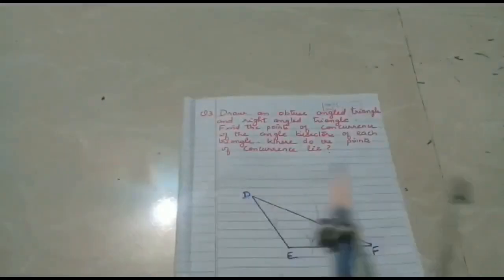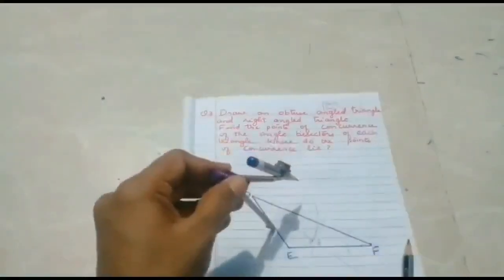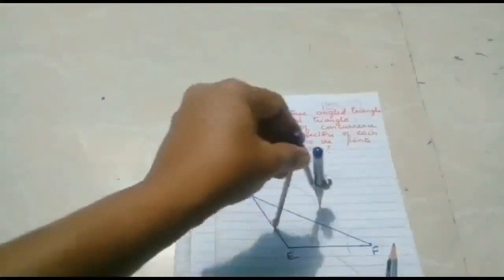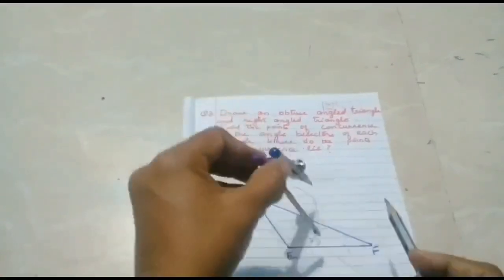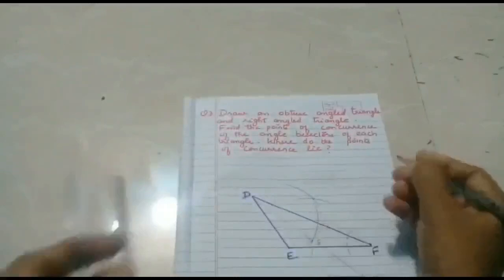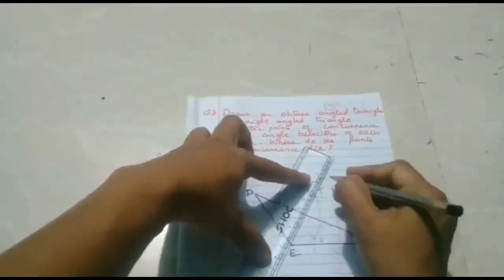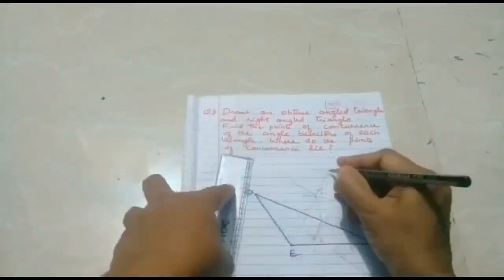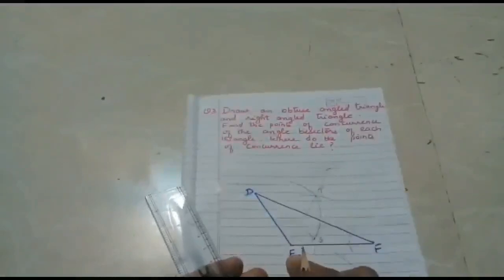Now I have not changed this. Now in the same way, you are going to draw an angle bisector of angle E. That is, from here you will draw an arc, and from here also you are going to do the same thing. Draw an arc like this, and you got the point of intersection of both the arcs. I'll name it as point T. I'm going to join T and E. So now this ray ET is the angle bisector of angle E.